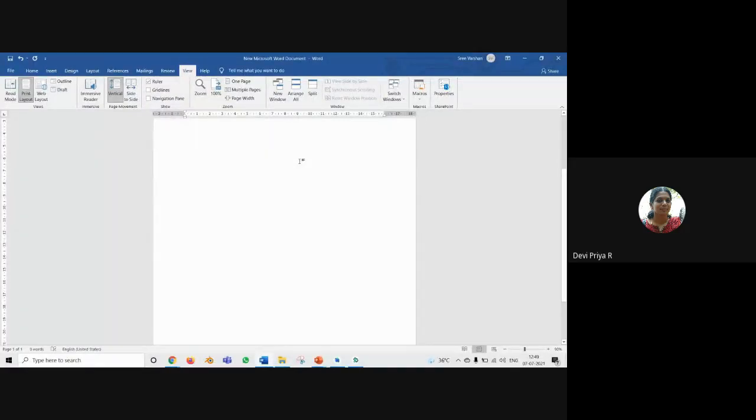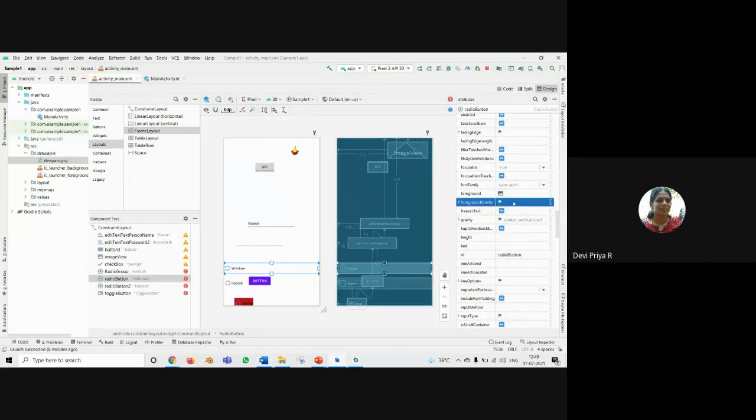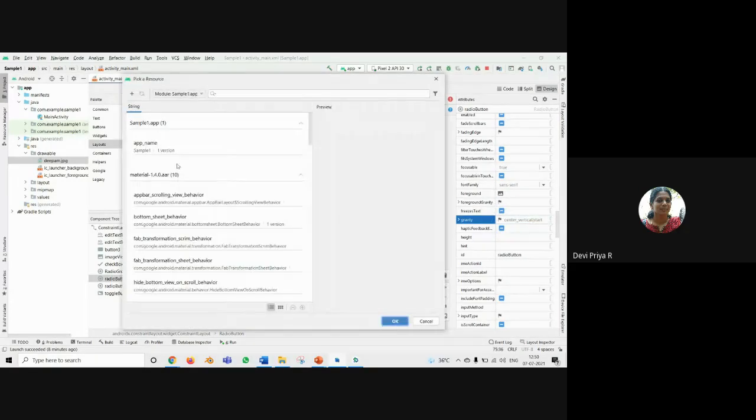That means within one object, you can create another object. That means within a text box or multi-line text, within a frame that you are creating, you can include some other view. And if you have one view inside another view, how to position that child view is given in the next attribute. And see, this foreground gravity you can have. This is the property center vertical start.